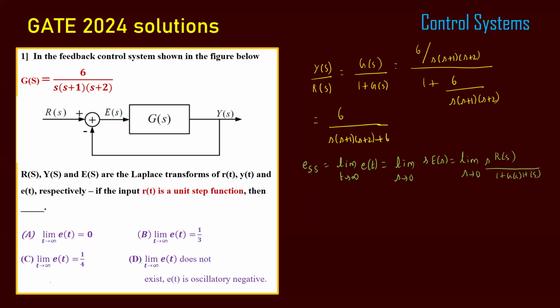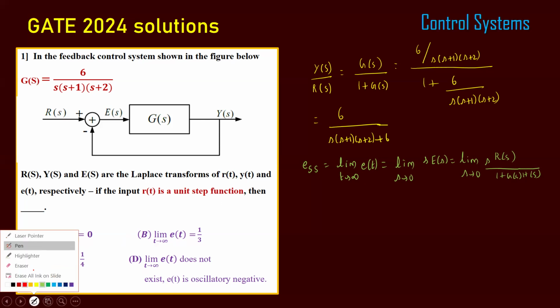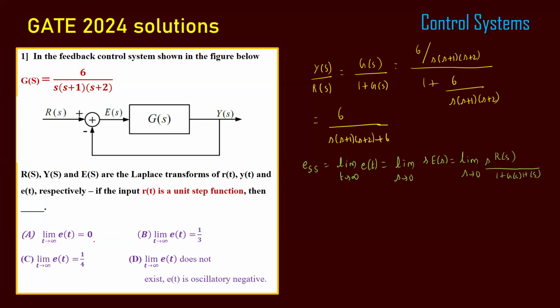Now, observe the given options. The first option is E of t equal to 0, and the second option is limit t tends to infinity of E of t equal to 1 by 3, and then E of t equal to 1 by 4. So options A, B and C are given as constants. See option D: limit t tends to infinity, E of t does not exist. E of t is oscillatory negative. They have given the not existing condition, E of t does not exist. So we have to consider